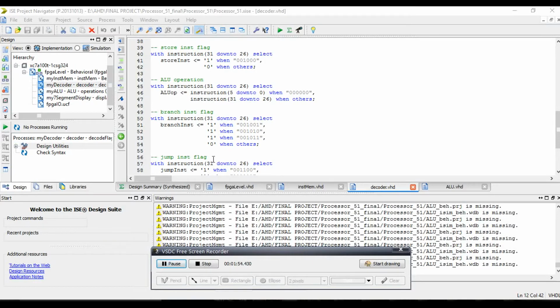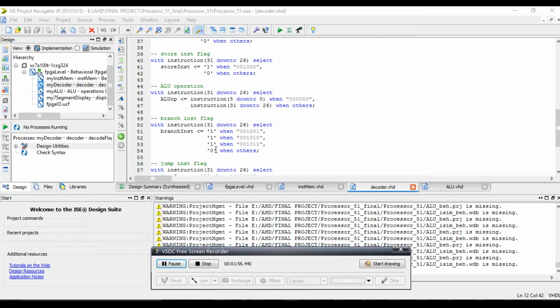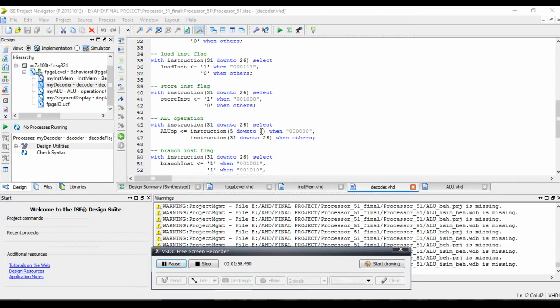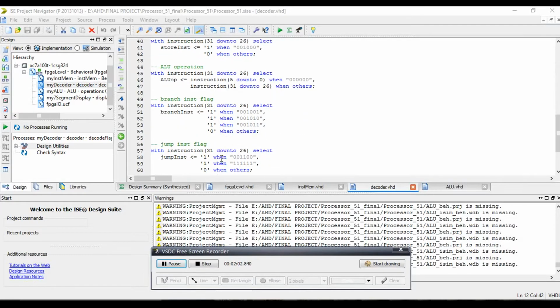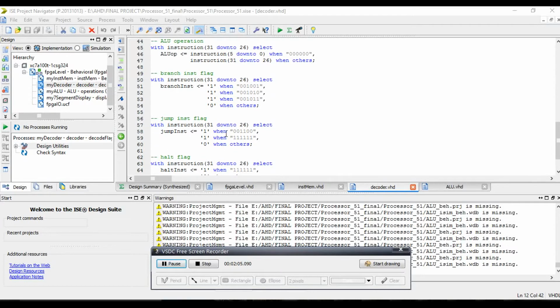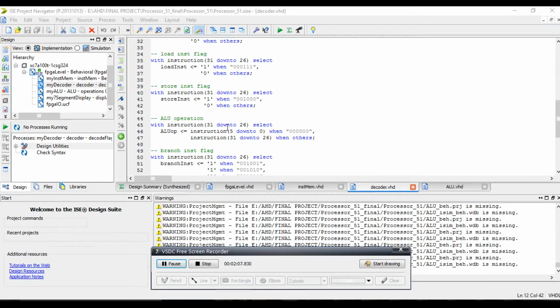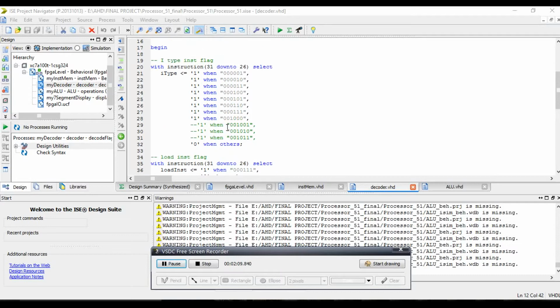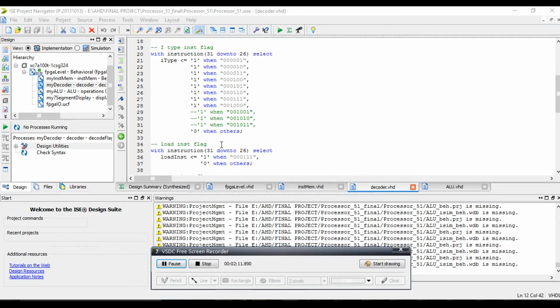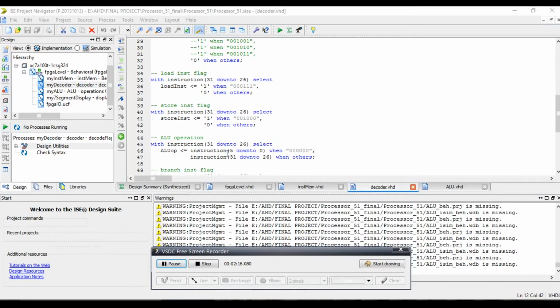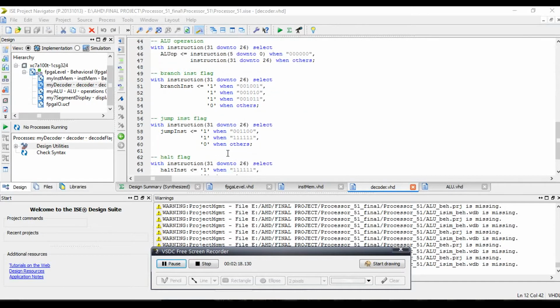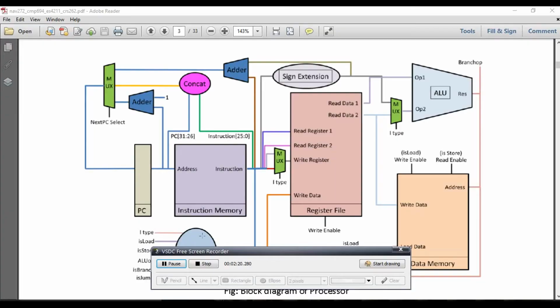The decoder determines the type of the operations that the ALU will perform and the other flags that will determine if it is a jump instruction, branch instruction, halt instruction, store, load, or is it an I-type instruction. So various operations will be performed according to what the output decoder gives.